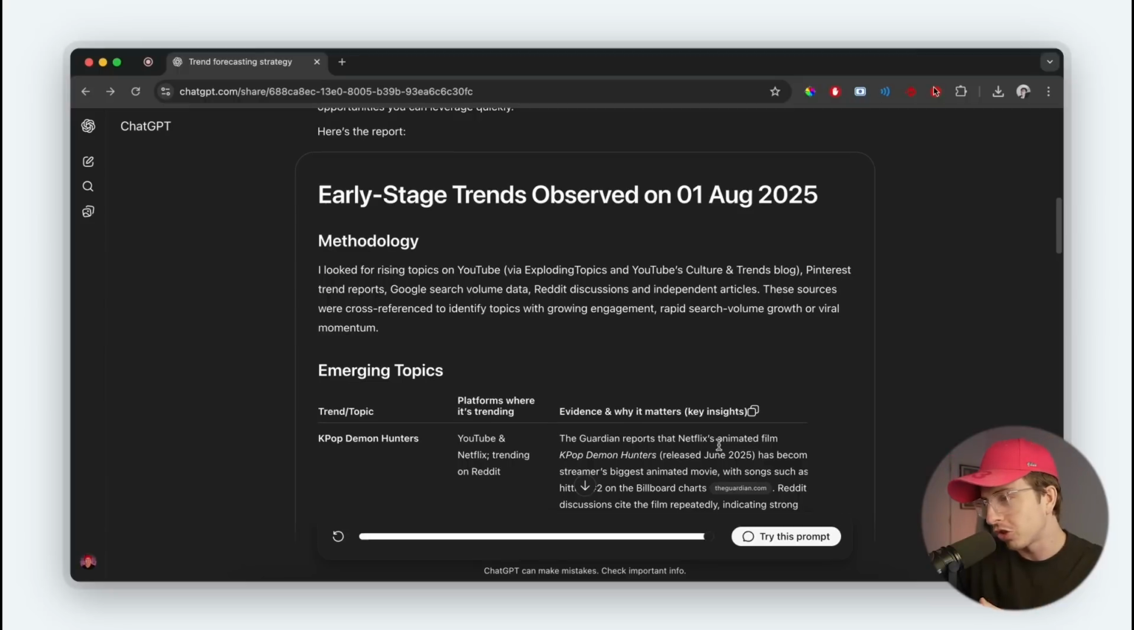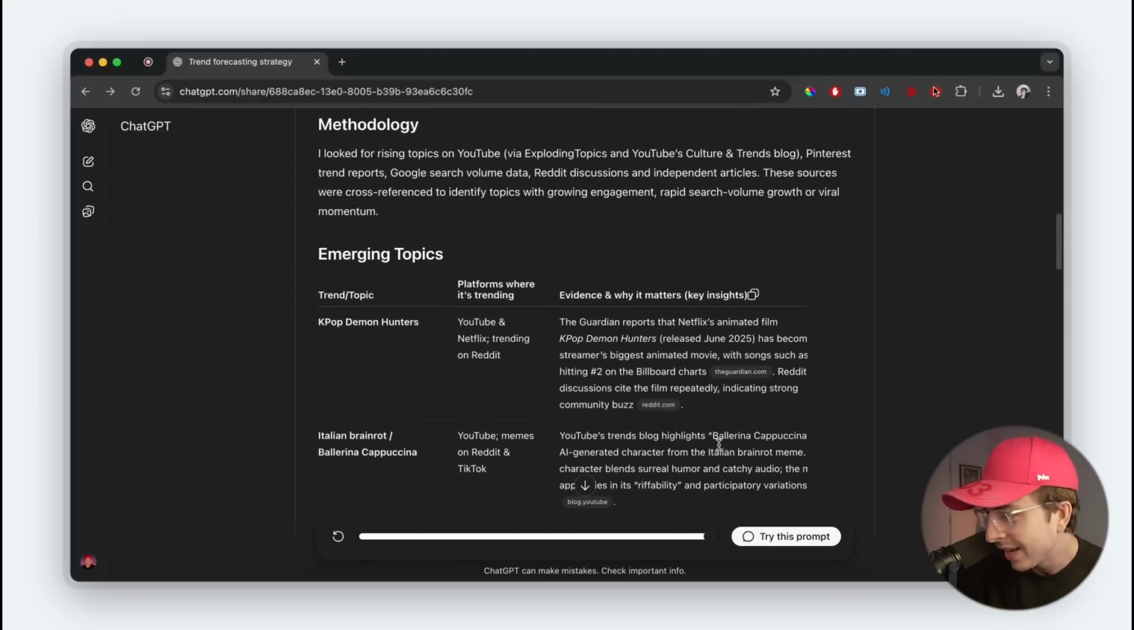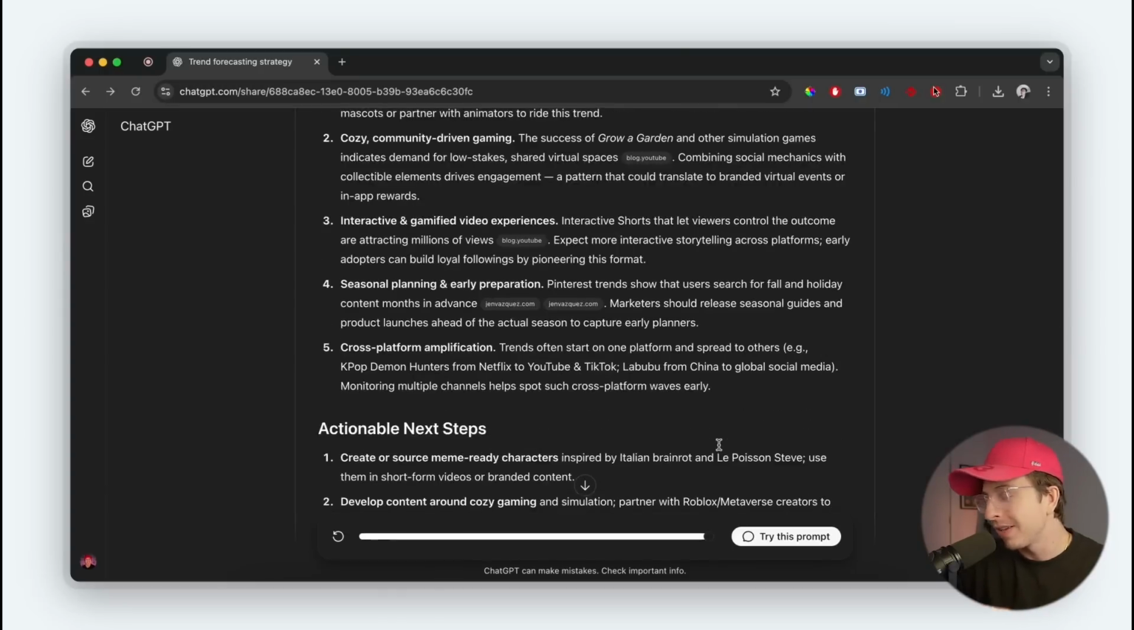There's some emerging trends here like K-pop demon hunters. I'm gonna have to look into that. Italian brain rot. I'm not really on the TikTok game or anything, but these are things that I'll have to